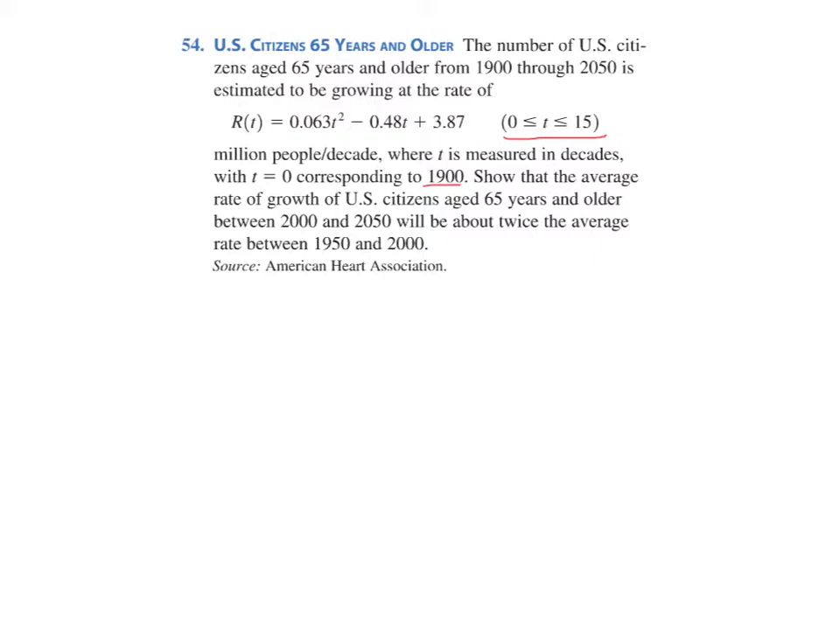The problem asks us to show that the average rate of growth for U.S. citizens age 65 and older between 2000 and 2050 will be about twice the average rate between 1950 and 2000. So we need to figure out the average value of the function on these two intervals. For that first interval, from 2000 to 2050,